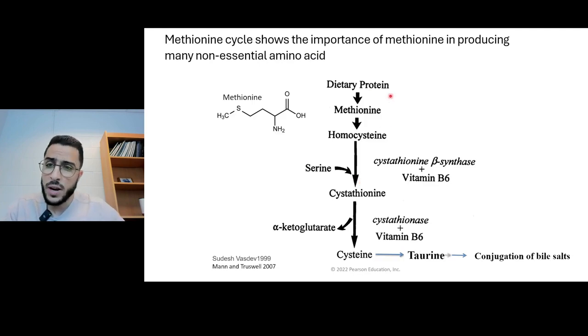Same thing with the cysteine that I told you about right now. Cysteine is made up from methionine, and there are many other amino acids that are produced from methionine. So if you don't have it, you end up not producing homocysteine, cystathionine, cysteine, taurine. Taurine is an amino acid that you'll probably find in high levels in energy drinks, for example. It has some benefits for energy and whatnot, but it's also very important to produce bile salts. Okay, and so if you don't have methionine, then you end up in a deficiency, and so that makes everything else essential right after it. Okay,